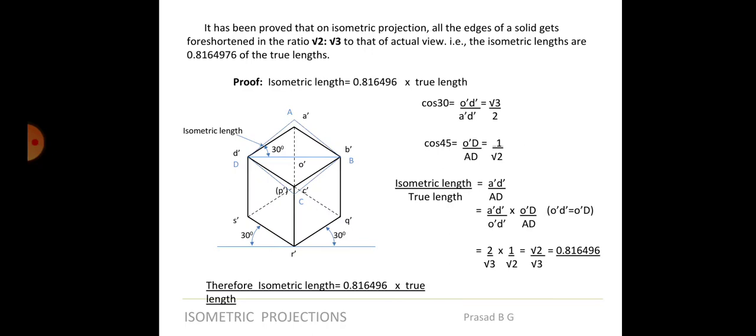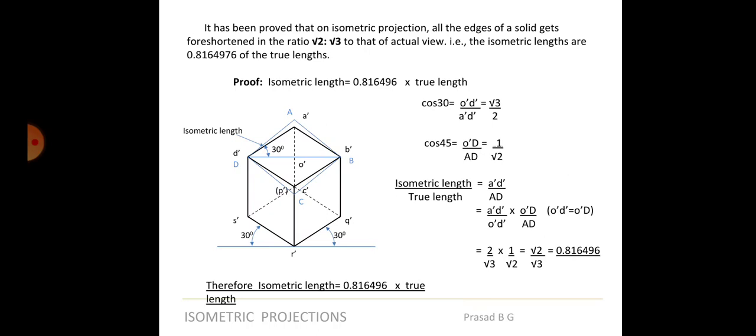Now what is this AD that I have drawn? AD is the actual length. For example, I am just giving a number so that you can understand: if AD, which should have been the actual side of the cube, is 50 mm, then capital AD that I am drawing is actually 50 mm, true length. And small a dash D dash is the isometric 50, drawn at an angle of 30 degrees. That means whatever line you draw at 45 degrees is the actual length, and whatever you draw at 30 degrees is the isometric length. Cos 30 is root 3 by 2, and cos 45, for the actual length, is 1 by root 2.